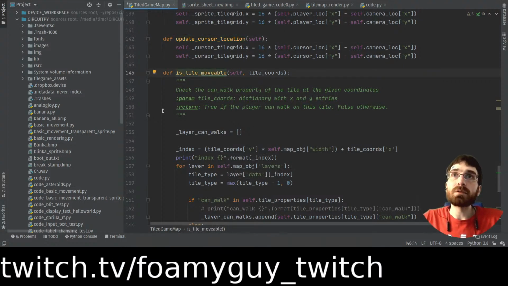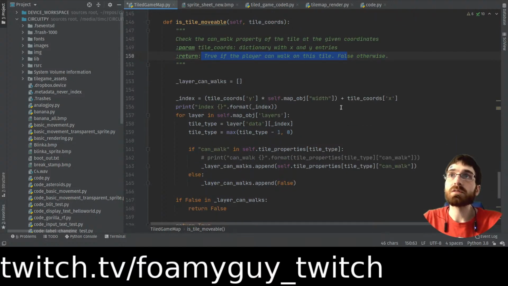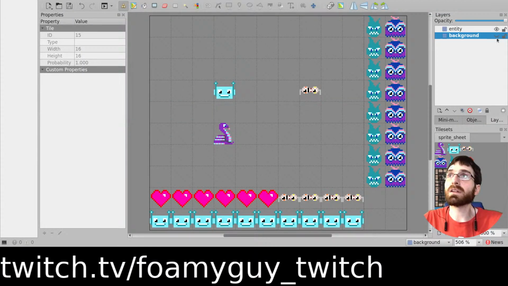Is tile movable? Check the can walk property of the tile at the given coordinates. Takes a dictionary with XY coordinates. It should probably be a tuple. Well, I guess we're using XY though. Can it be a named tuple maybe? I don't know. True if the player can walk, false otherwise. So this is just looking at properties. It's finding the